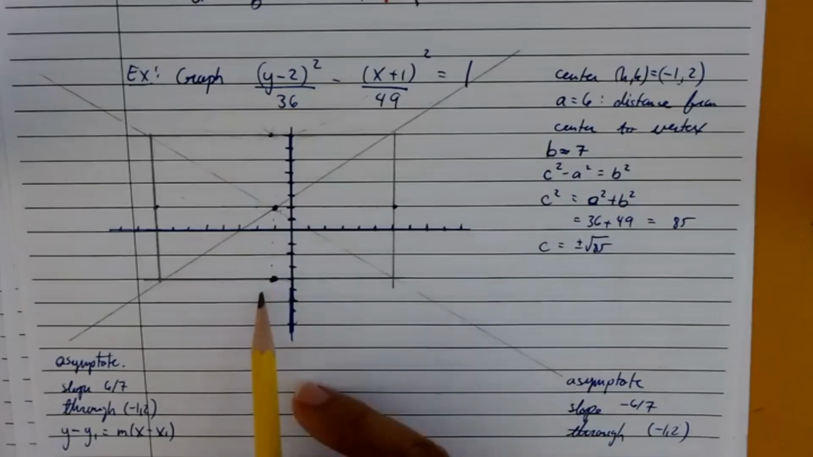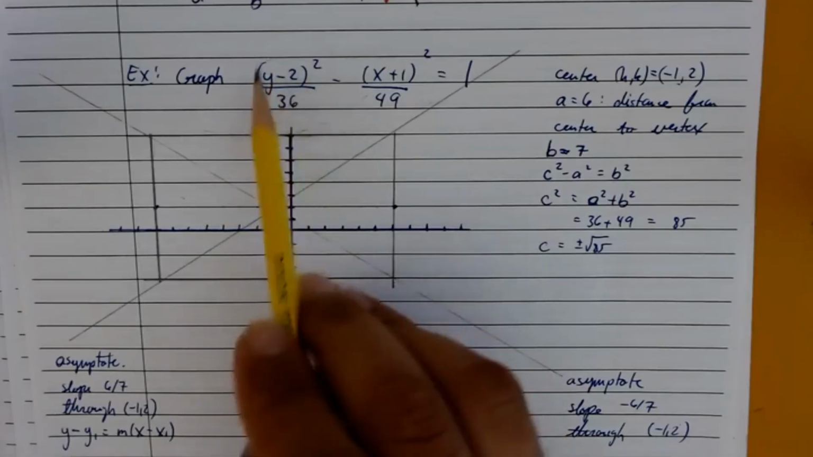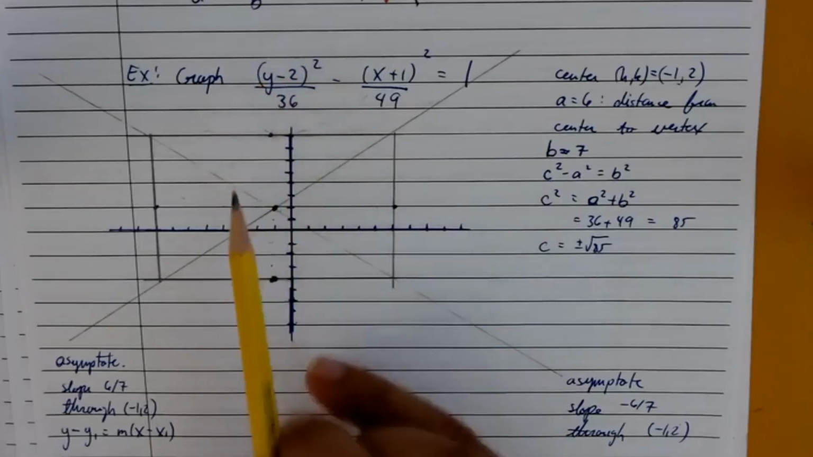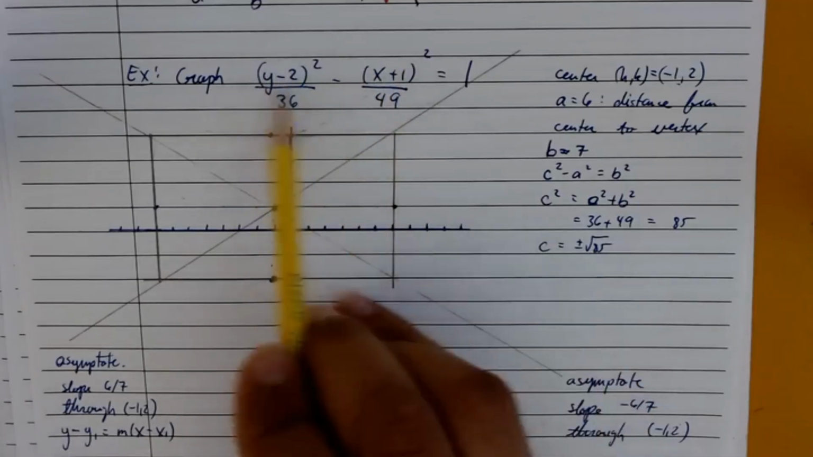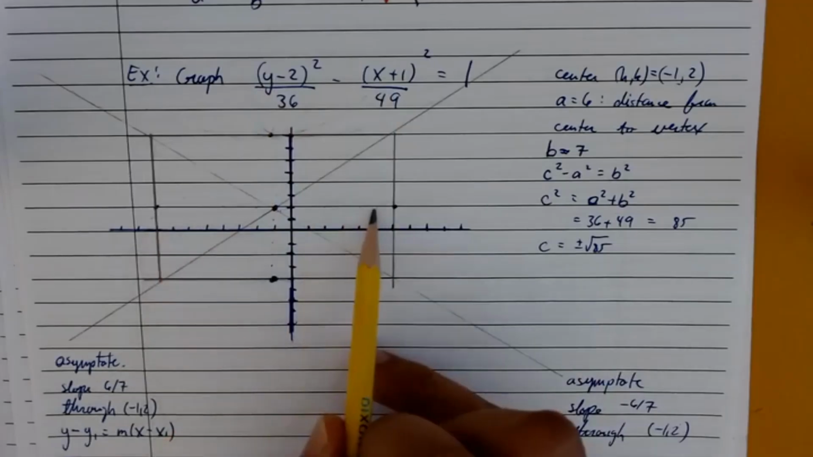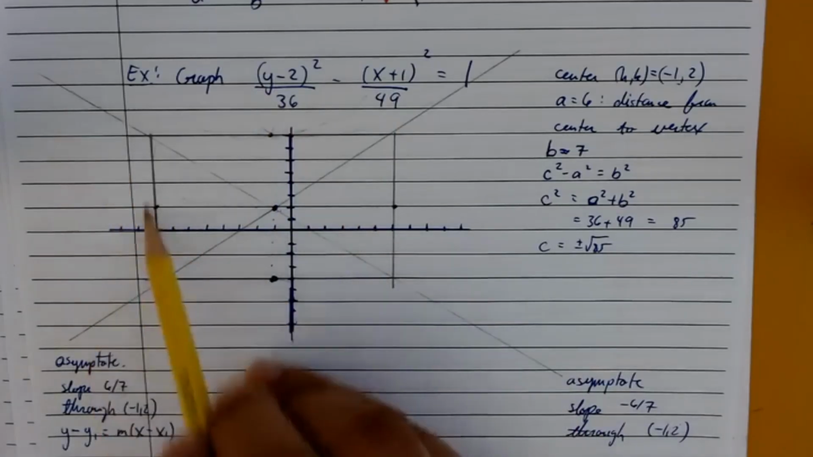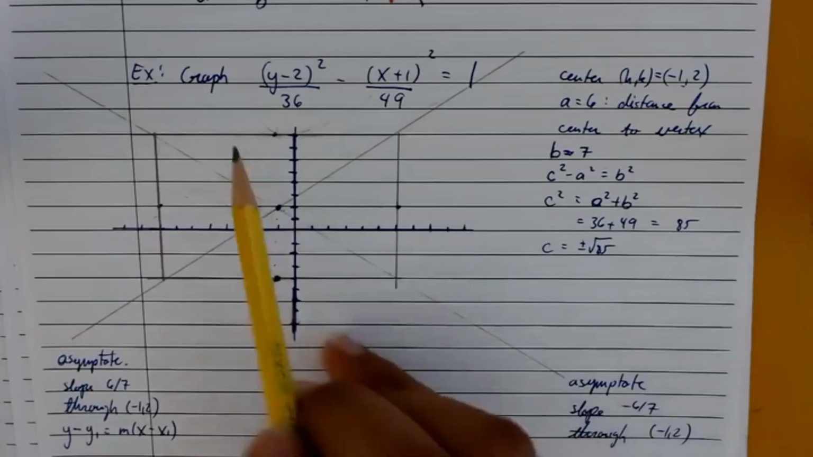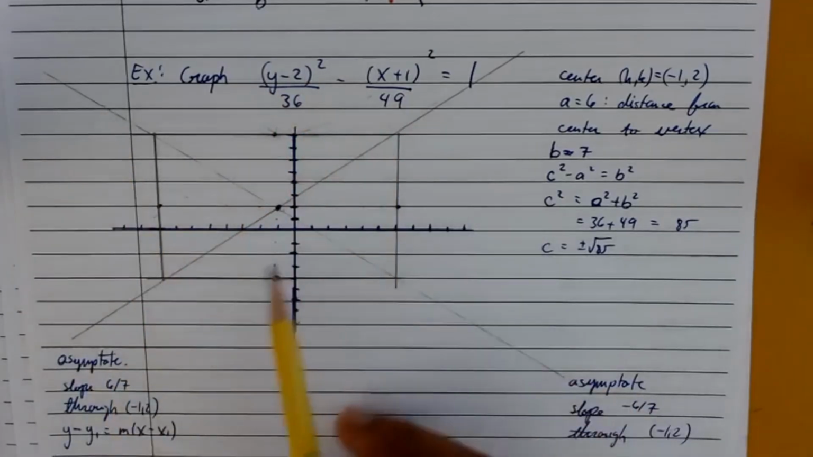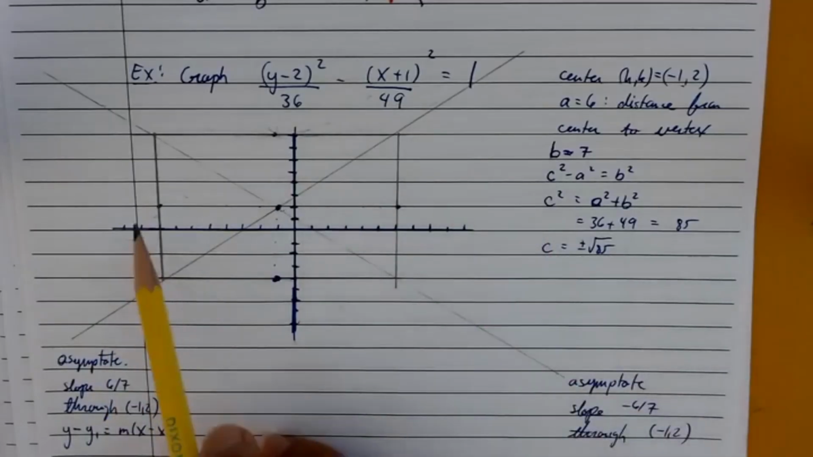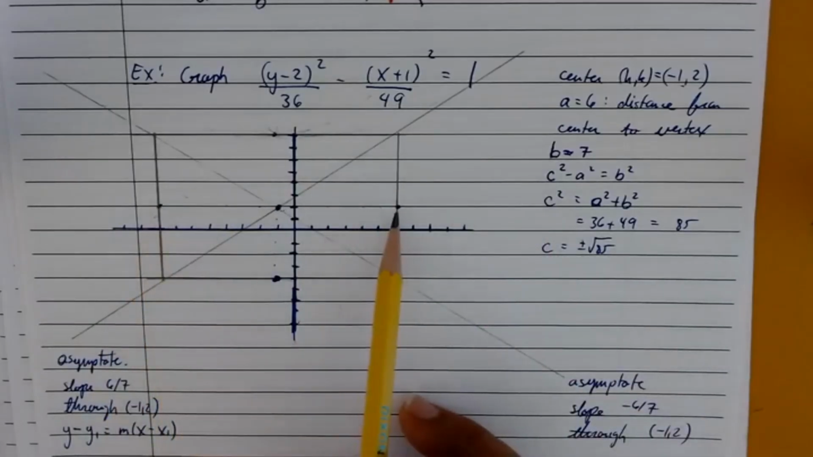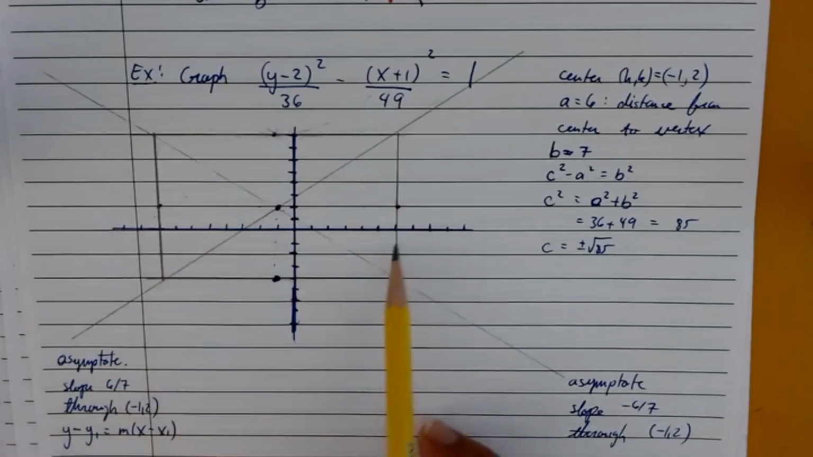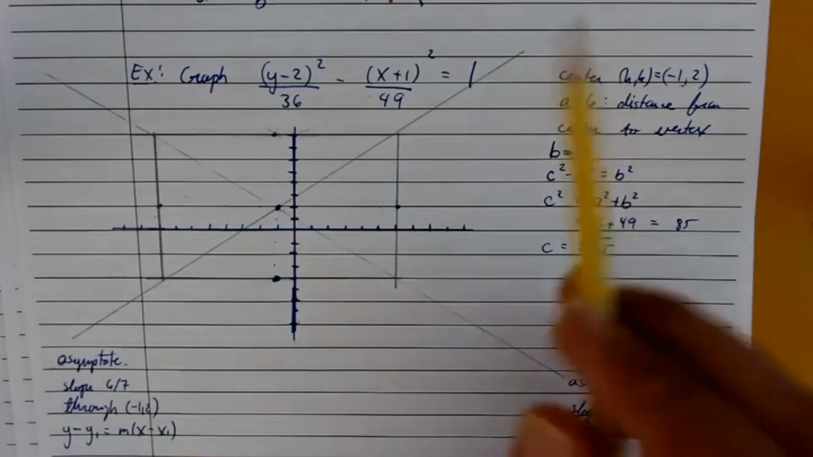We know that they're going to be up and down because the y is in the numerator of the positive term. If it had been x in the numerator of the positive term, they would have been on these sides right here. So you would have had a hyperbola going this way and this way. But since y is first, it's going to go up and down. The B gave us these values, which even though they're not on the hyperbola, they do give us this box that helps us find our